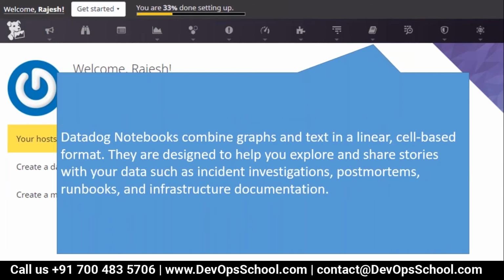This is a notebook. Notebook, as its name suggests, you can create a notebook. It is like a runbook. If you're in an operations team, you understand the runbook.